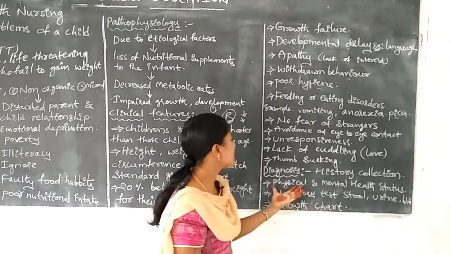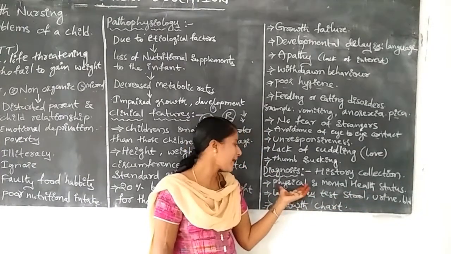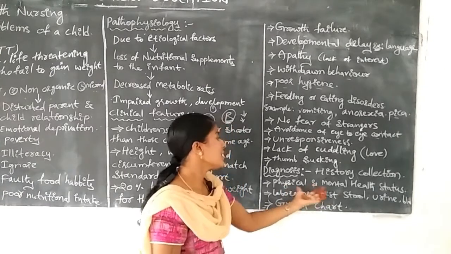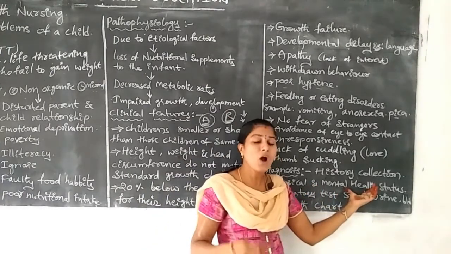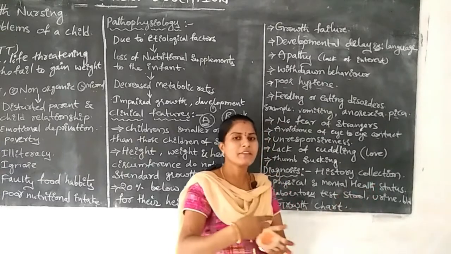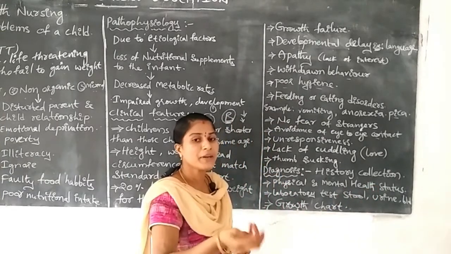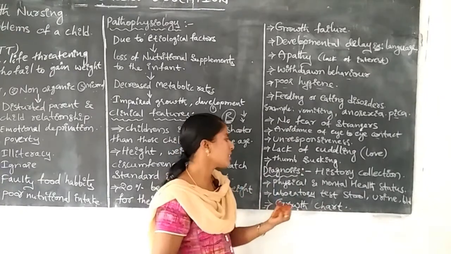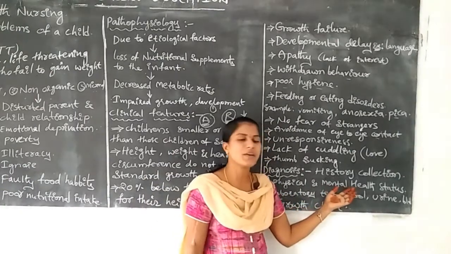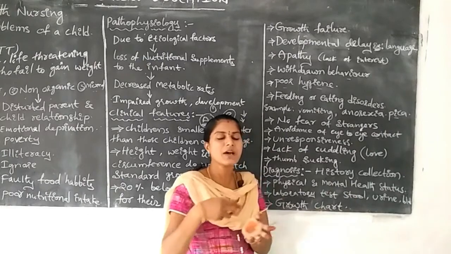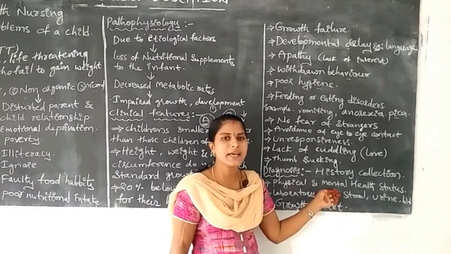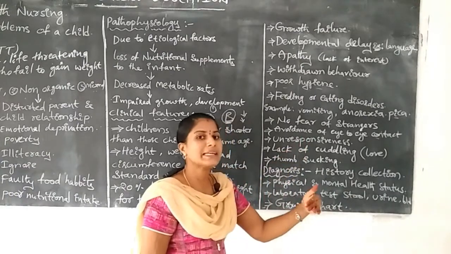Here, what is the normal height of the infant, or what is the normal weight of the infant? Okay, what is the mental health status, how do we find out? We give one word or communicate with the infant, and easily see their responsiveness, or whether they react easily to a situation. Then the person is normally healthy. Okay, if any abnormality is there, they are suffering with developmental delay.